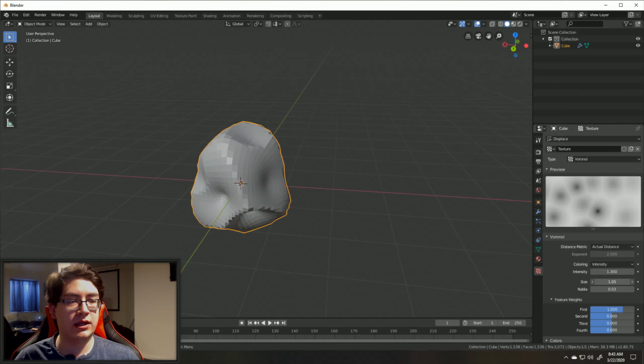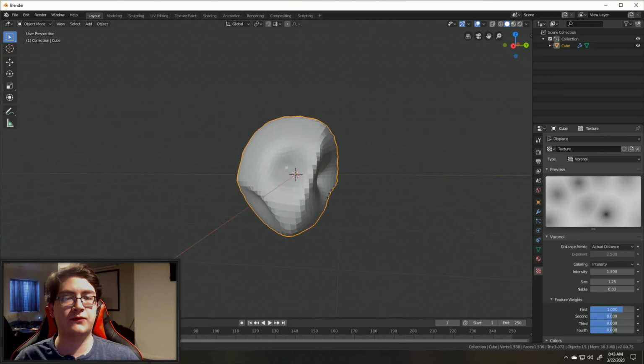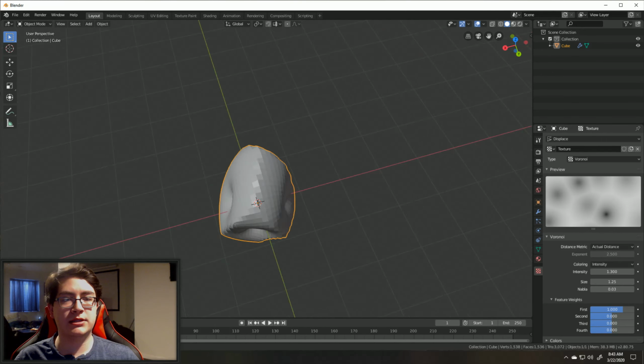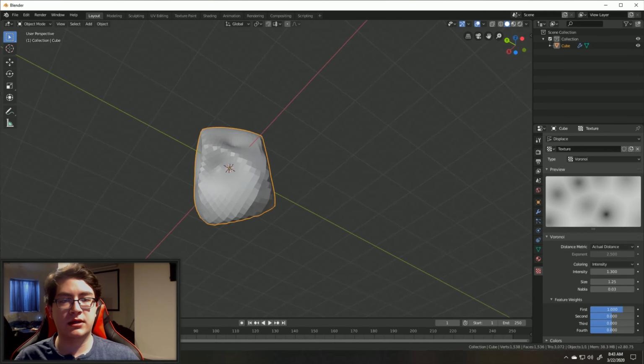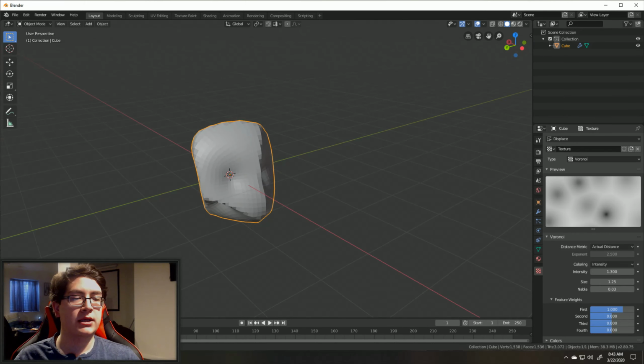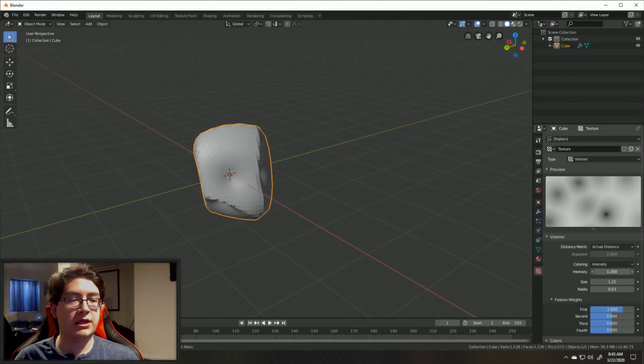But if we increase the size to around 1.25, we're going to get these nice hard edges and some of these divots, and it really starts to get a good rock look. So let's change the size down more to like